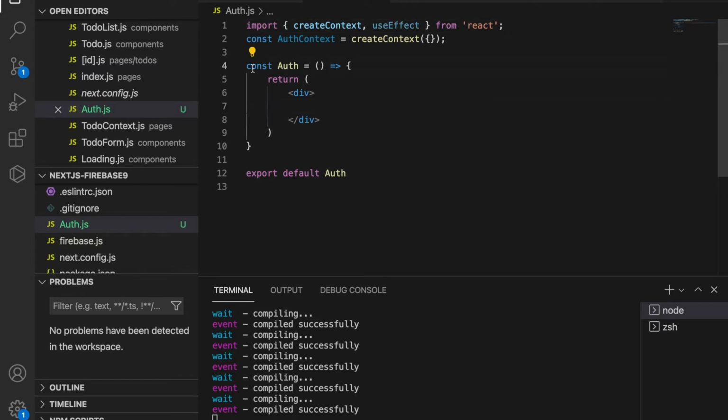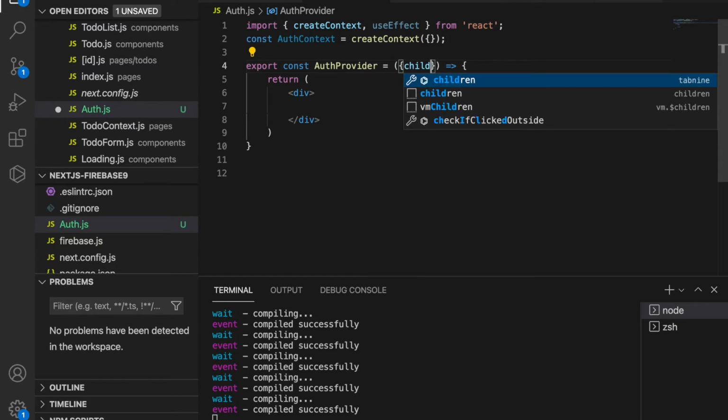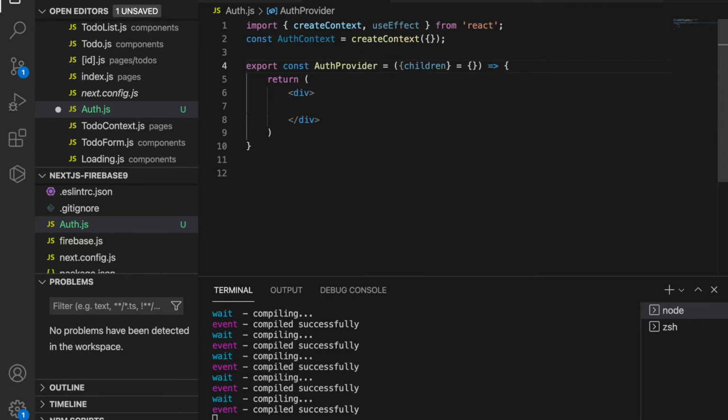And then we have to use export const, and then we change this to AuthProvider, and we delete this one. And then we have to pass the children so it can wrap the components. And then here we use the useEffect,